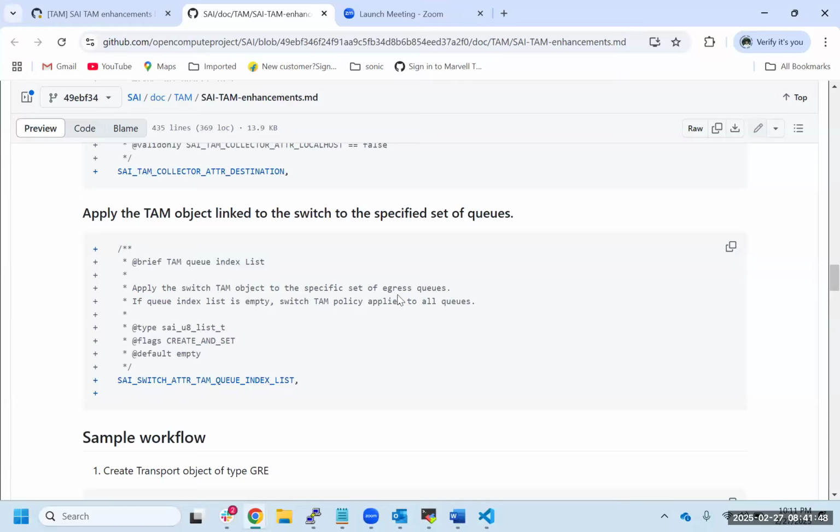It's a create and set. You can still modify it, right? Even the proposal is create and set, no different. No, let's take this example, Jay. In the device, if you're enabling that feature, it has to be enabled on all the queues of all the ports. If I say on Q5 I want to enable this TAM monitoring, it has to be enabled on Q5 of all the ports.